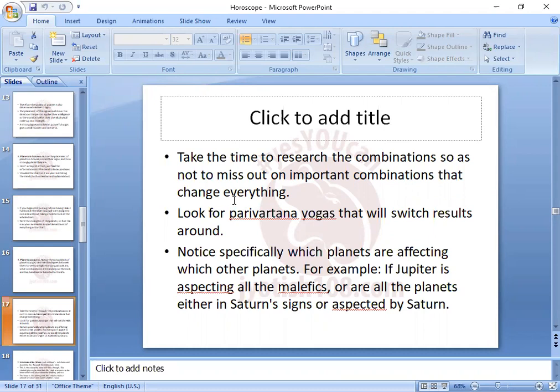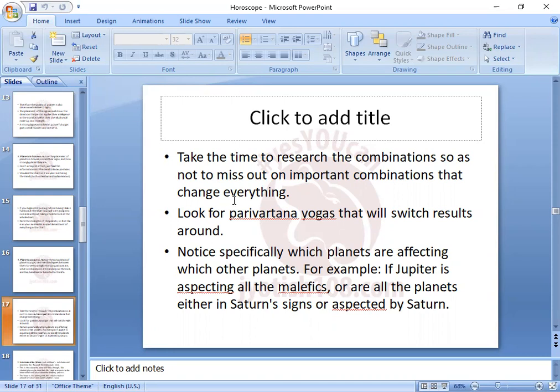Note specifically which planets are affecting which other planets. For example, if Jupiter is aspecting all the malefics, or all the planets are either in Saturn signs or aspected by Saturn. So the aspects by a benefic planet can change or can reduce the maleficence of some planets, and vice versa. Okay,